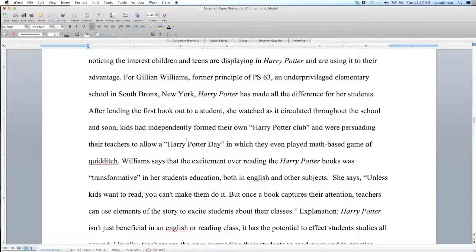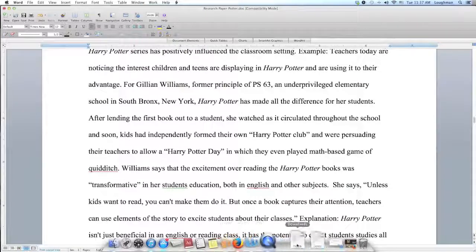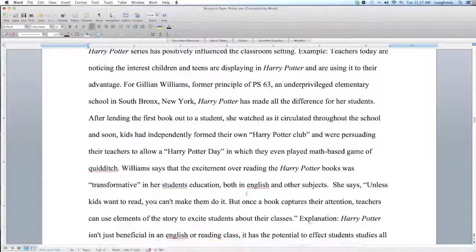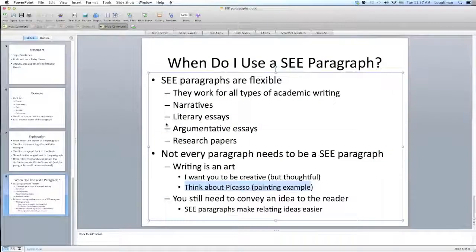So there's an example for you. And that's the C paragraph video. If you have any questions, you can post them to the class question forum, discuss it amongst your classmates, and